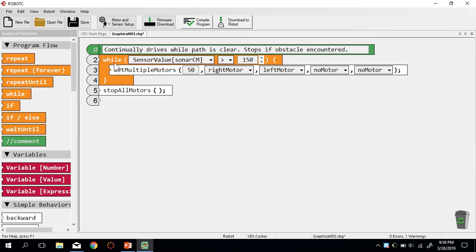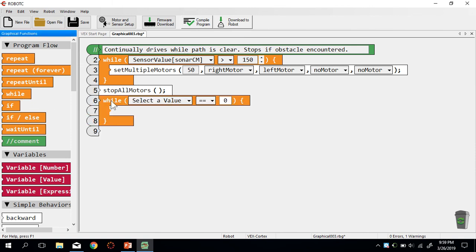Instead of having an if-else statement where, if it's clear, it moves, or else it stops, we're using a loop. Another circumstance where we can use a while loop is if you are opening the claw